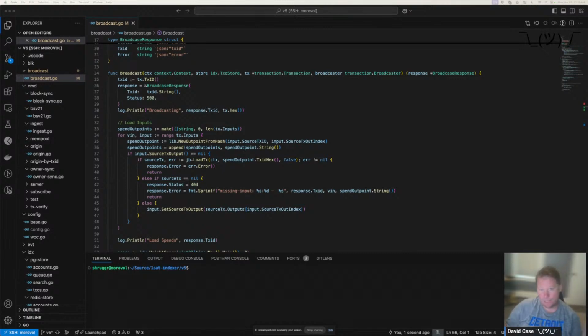Traditionally, this has been known as a transaction being in the mempool. BSV has moved the chain forward, so the concept of the mempool isn't the same as how it's thought of in BTC or Ethereum or other chains. But essentially, from the point that you sign and finalize a transaction,